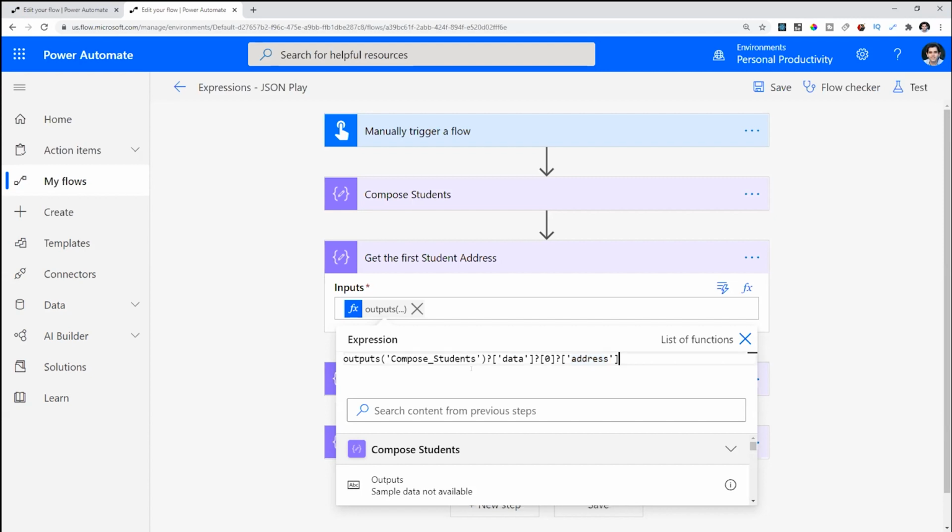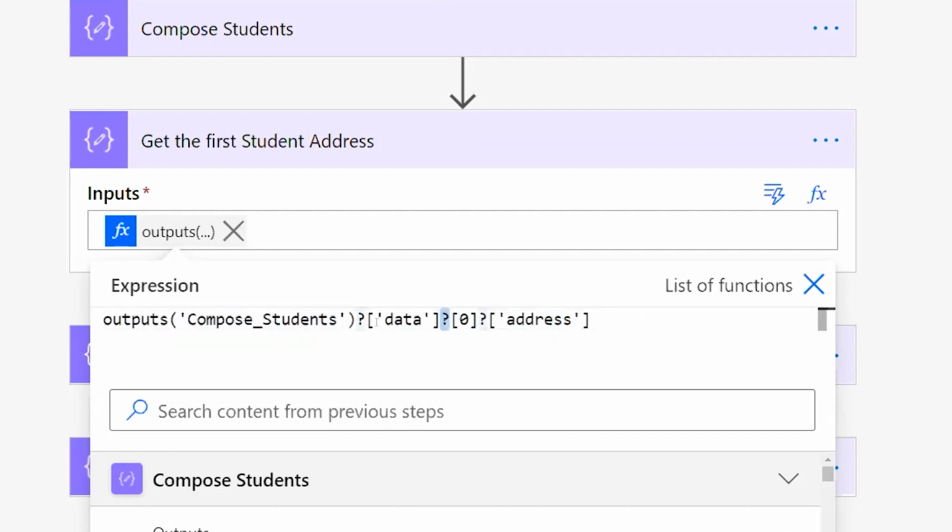Very cool. So right here, I've just gone ahead and grabbed my information, and that's my simple expression that I've put right here. Now, first things first, what is this question mark right here, right? Can I just not add this question mark, and will my expression be correct? Yes, it will still be correct. Your expression will still work.